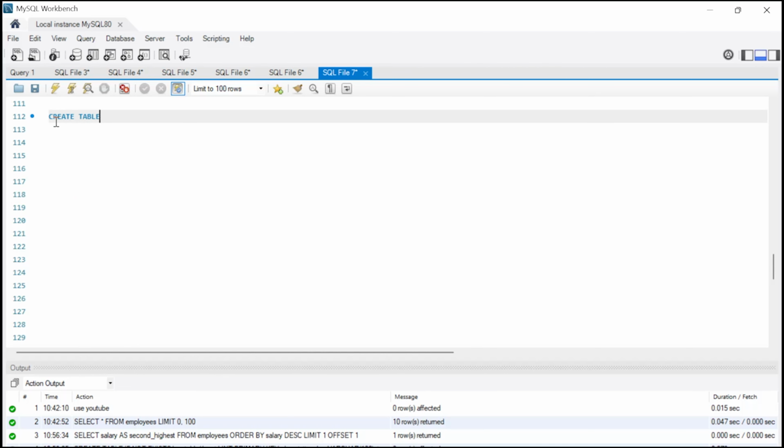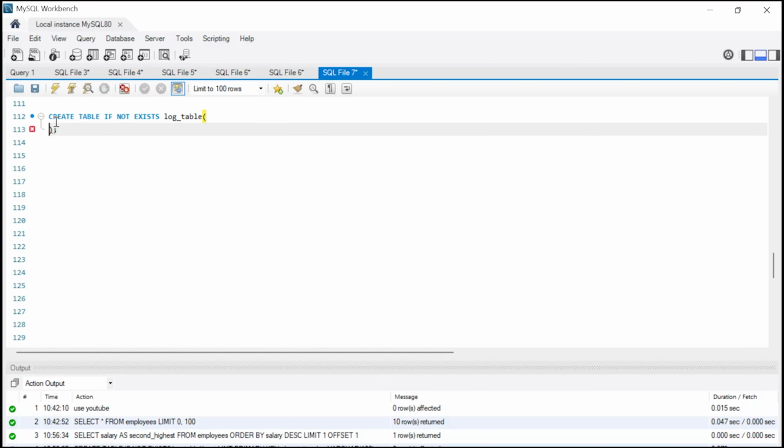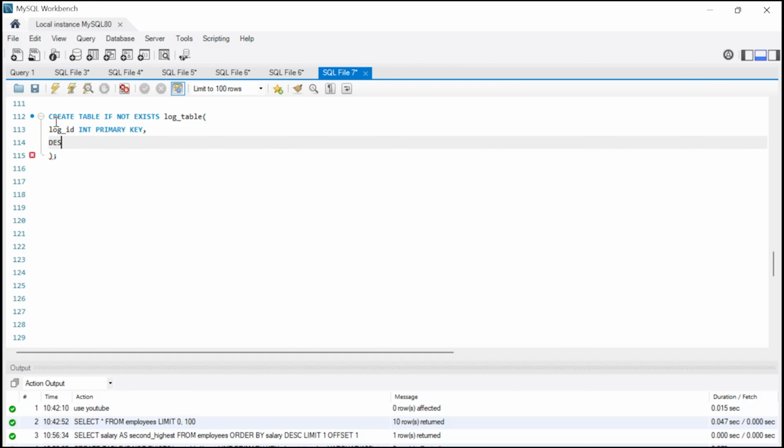Create table if not exists log_table. Here we are creating a table, that is the log table. So log_id int primary key, then description of the inserted log,